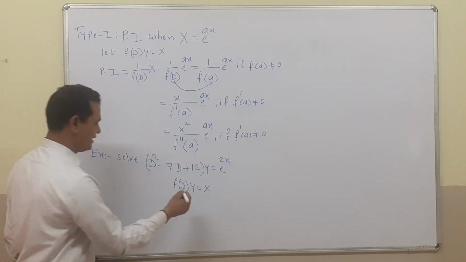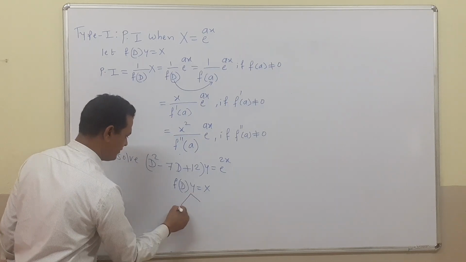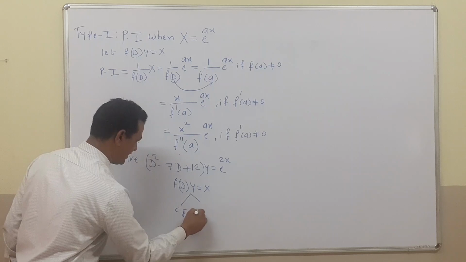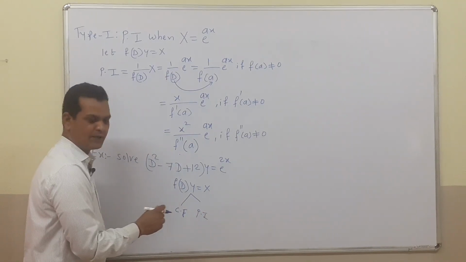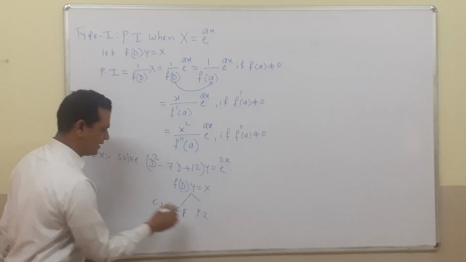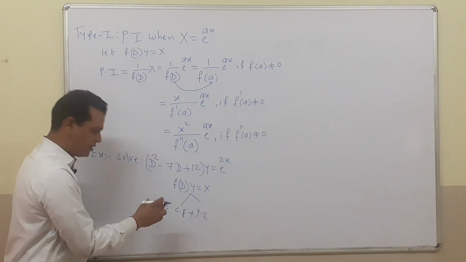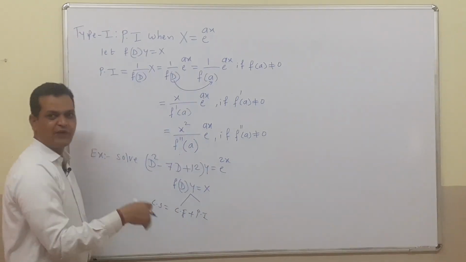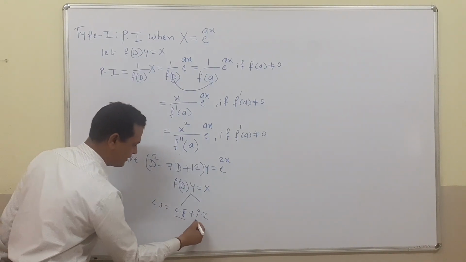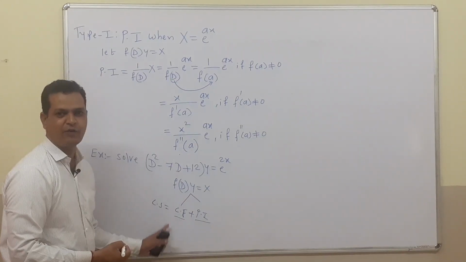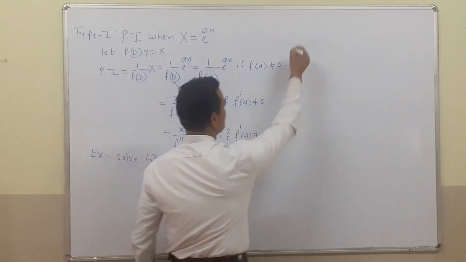We know that this equation has two types of solution. One is called the complementary function and the second is called the particular integral. That means the sum of the complementary function and the particular integral is the value of the complete solution. Now to solve this equation means to find the value of the complementary function and the value of the particular integral. Let's first find the value of the complementary function.